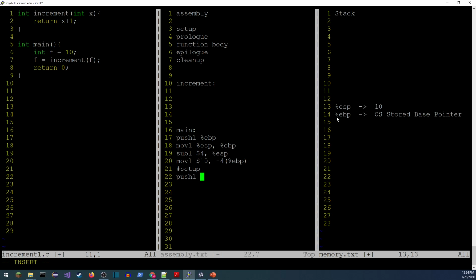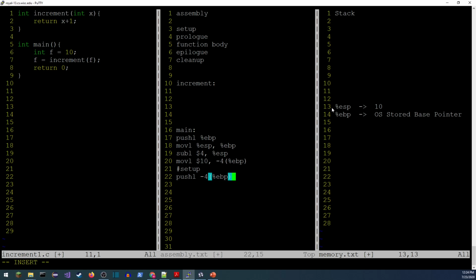So I'm going to use the EBP to figure out where that is. So it'll be something in relationship to the base pointer. And it looks like it's above it. That's a lower value, and it's 4 bytes away, so I need a -4. And now that I think about it, that should be the exact same thing as what I used before. It's the same memory location.